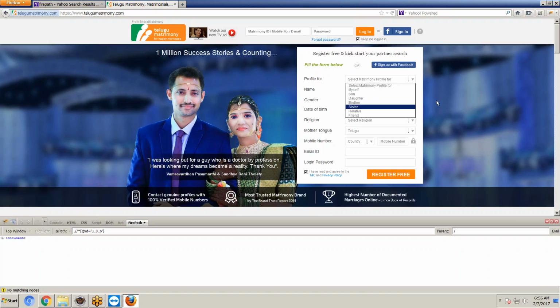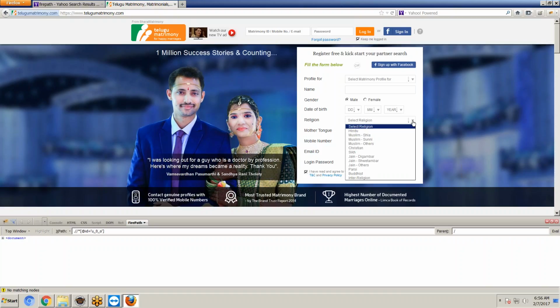Like a drop down box, combo box, list box. Different people call it by different names. Second one is text box. Third one is radio button. Fourth one, select box: day, month and year are select boxes. Region select box, mother tongue select box, country select box.